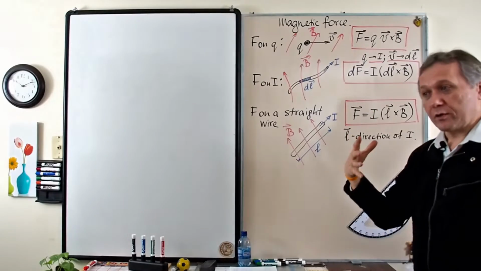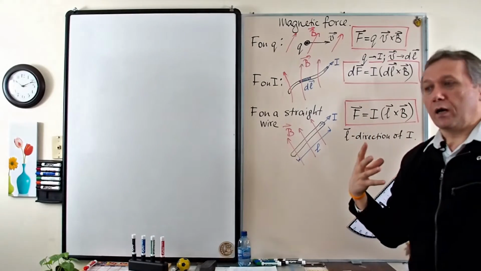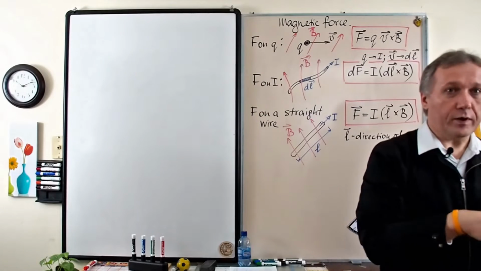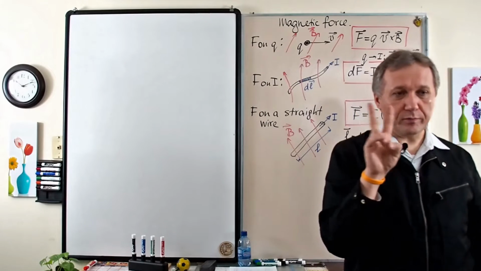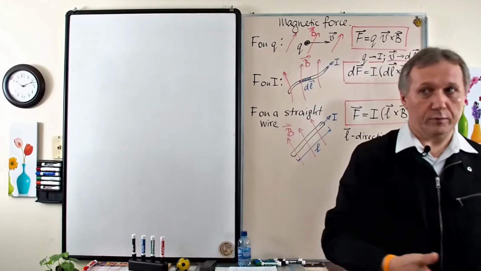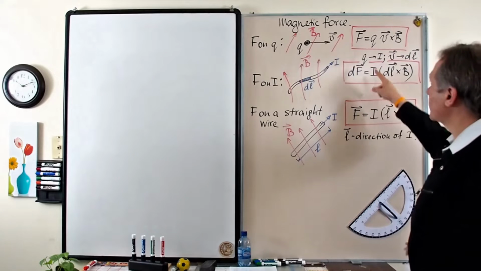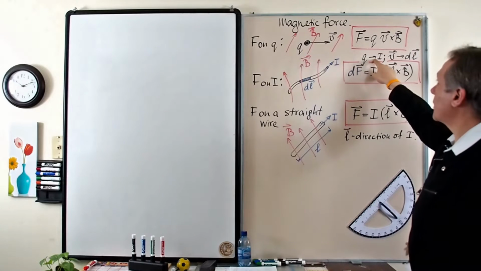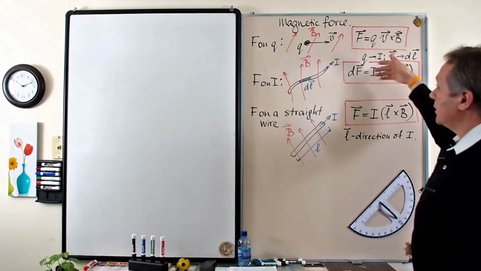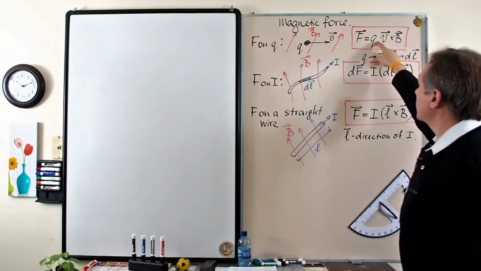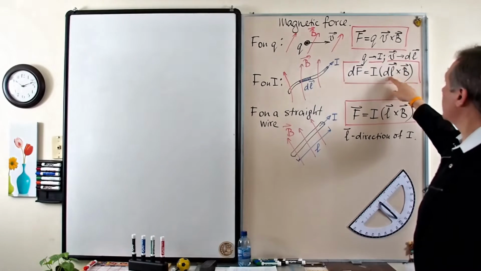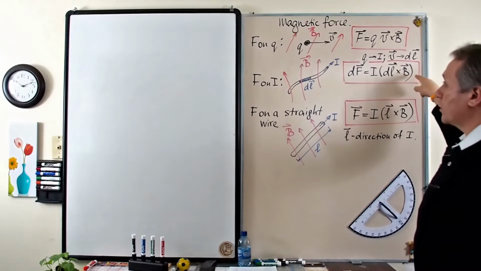Similar to the transition we made in order to rewrite the Biot-Savart law for a current. You remember we had two forms of the Biot-Savart law: the Biot-Savart law for a charge and the Biot-Savart law for a current. How did we make the transition? We replaced charge with the current and velocity with the element of the current. So here we're going to do the same. If you replace charge with the current, velocity with the element of the current, dl, and cross it with B, that's the formula